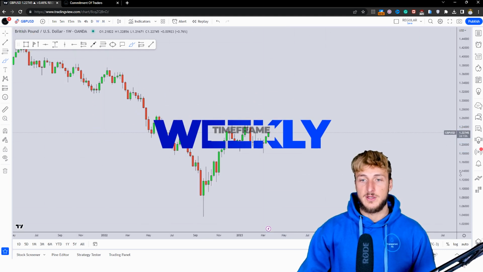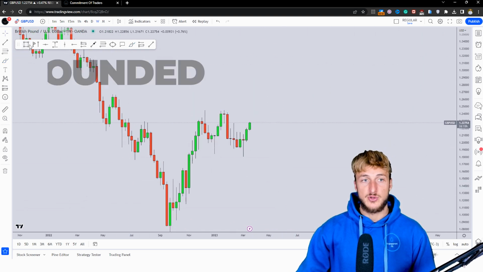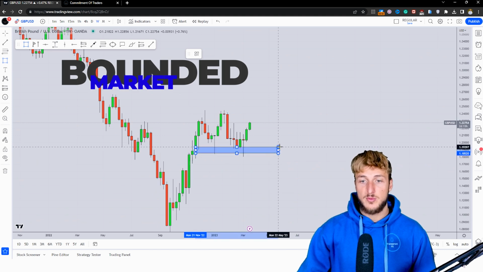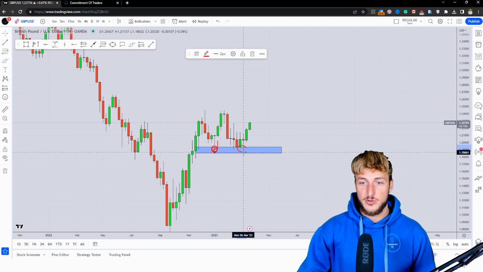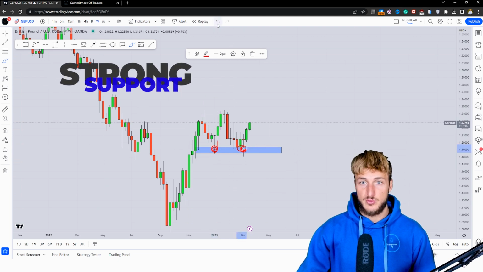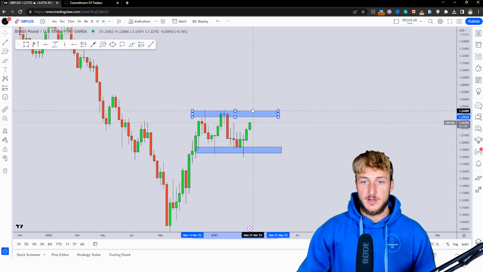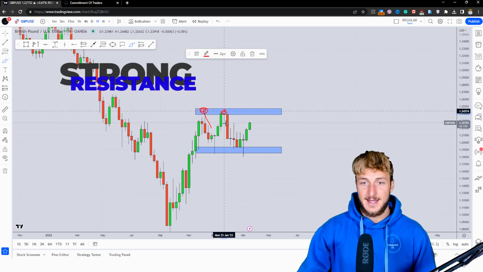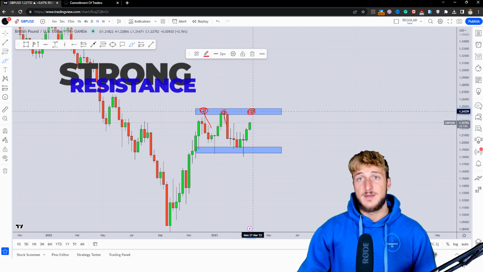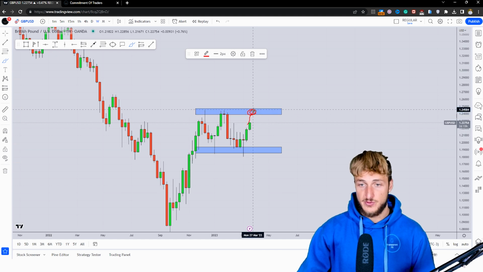Going down on the weekly time frame, what do we have? Now, here on the weekly, it is quite clear that the market is currently in a range. We have the bottom of the range exactly here, where we have this previous weekly support, which is currently still acting as support. And at the same time, we have the top of the range, which is currently right here, which is a level of previous weekly resistance, again acting as resistance here, and we could expect the market to be heading towards the top of this range before